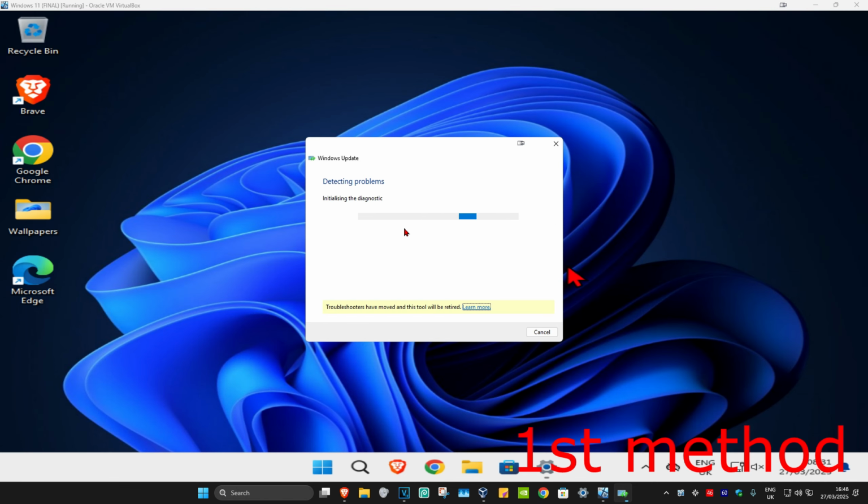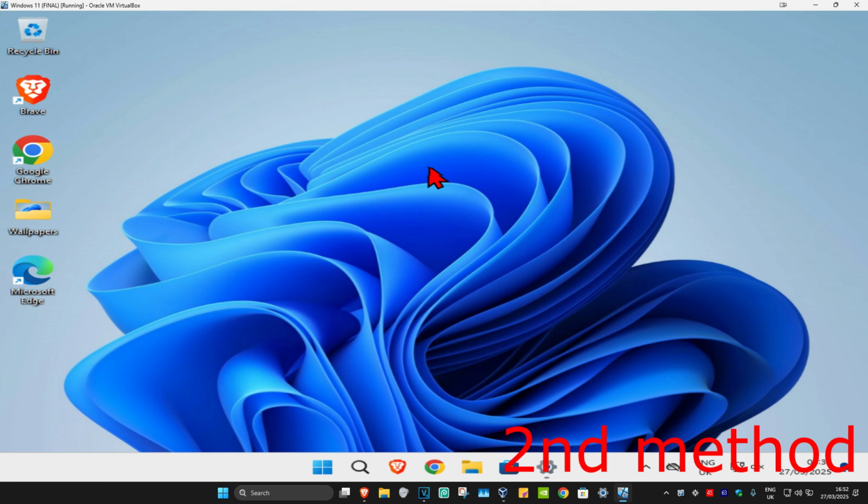You're going to click on next. Wait for this to load. It's now going to start searching for problems. If it detects anything, it will try to fix it for you. See if that works. If that's still not working, for the second method, you're going to head over to search